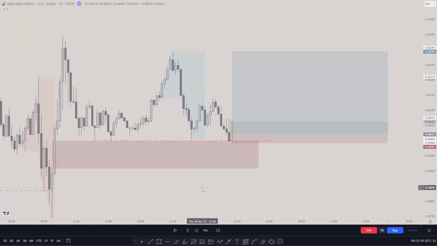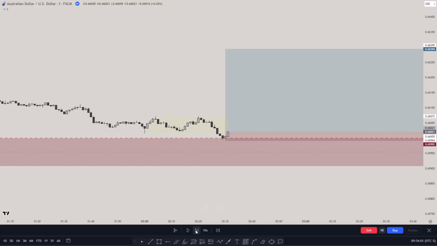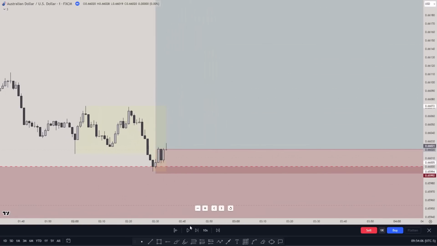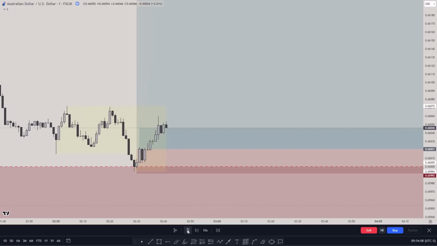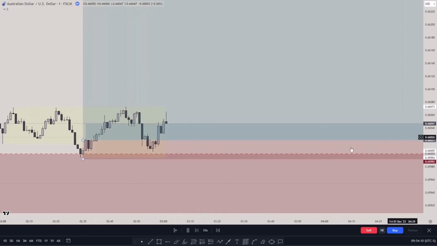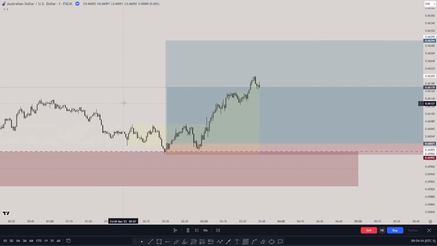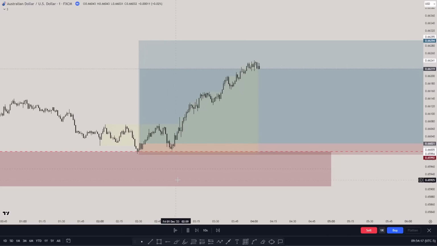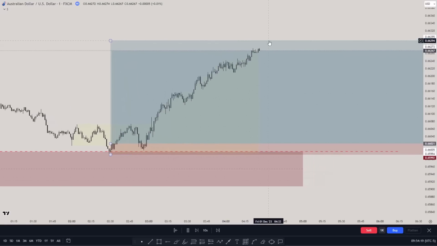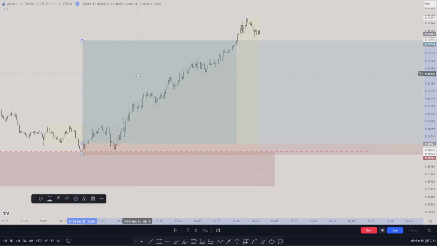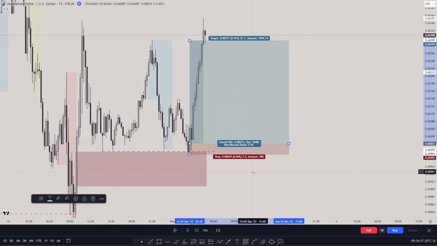Now if you go to the 1 minute, you can simply see what's going to happen. Price a little bit retracing here, another engulfing candle going up. And if I play it fast, you can simply see that price went back into the entry and now starting to go up. And simply going up to where? Immediately to the Asian session. And there you go. If you go to the 15-minute back, that's 9 to 1.